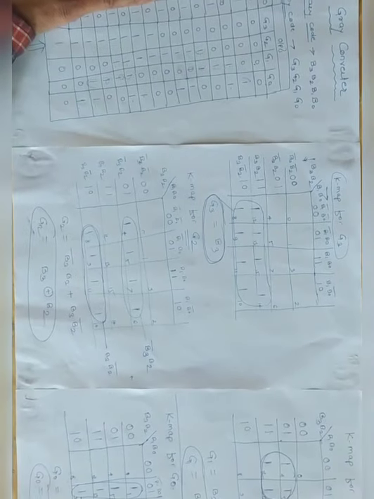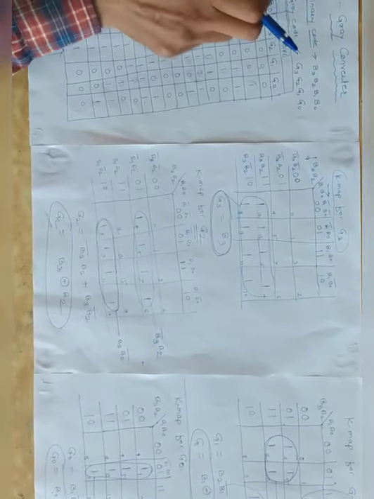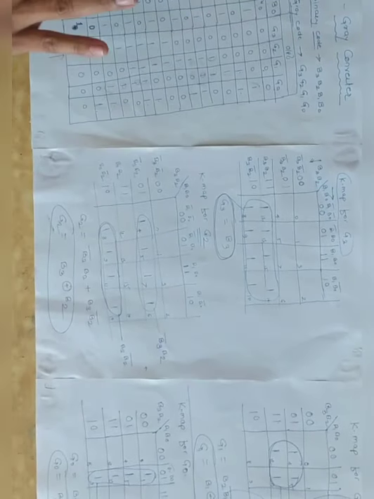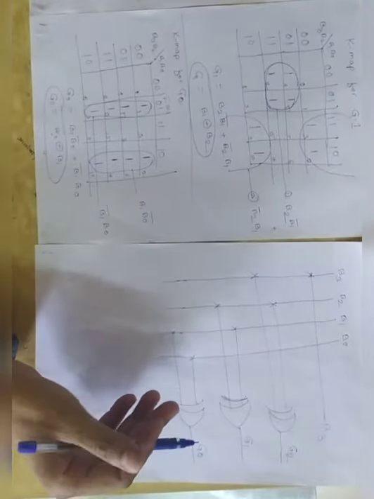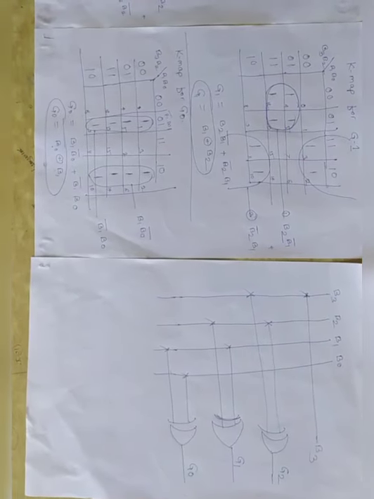Okay. Simple way, you have to just do it in the binary to gray converter. Binary numbers are your inputs, and these are your outputs. Okay. You have to find a K-map for all these outputs, and then you have to draw the logical circuit or logical diagram for the binary to gray converter circuit. Okay, this is the simple circuit. Many times asked in the exam for 6 to 8 marks. All this is about the binary to gray converter.